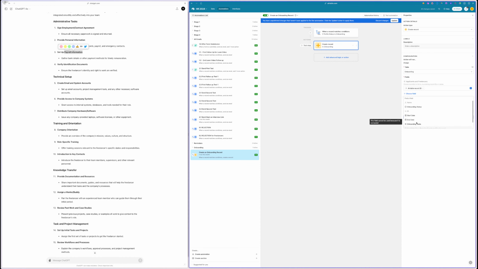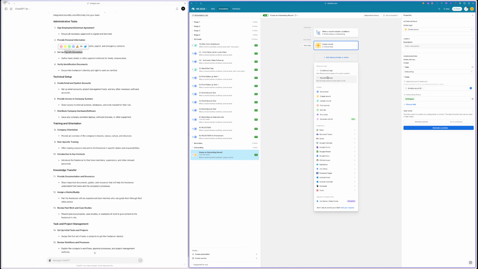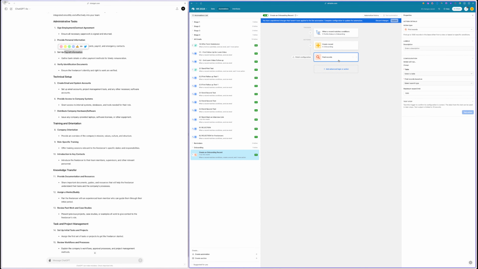Instead, what we want is the onboarding status to in progress. And what we need then, once this has been done, is we need to look for records in the table onboarding tasks, and we needed to look for